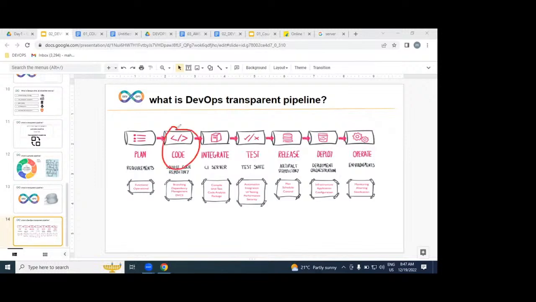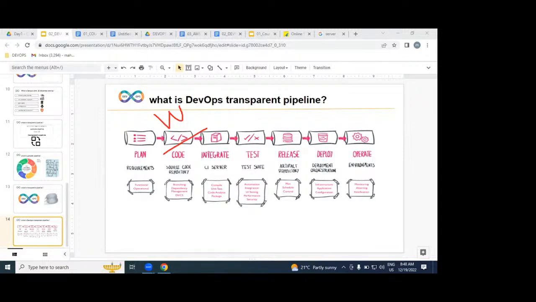In the dev environment, we are not writing any code. Writing is the responsibility of the developers. The lines of code are written by the developer.